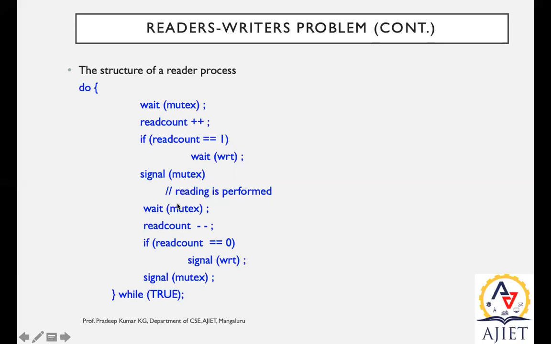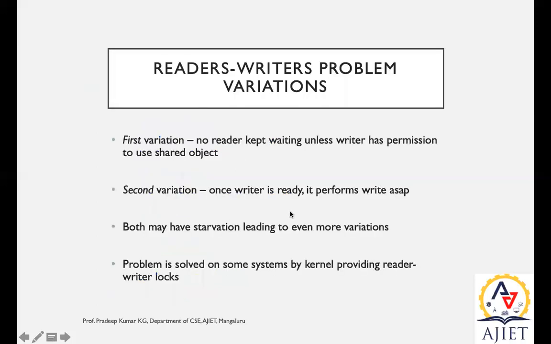Signal: reading can be performed. Once reading is over, the read counter should be decremented by 1 because it's in the queue. So the next process may enter this critical section, and the same thing is repeated until read count becomes 0. This entire cycle is repeated because we have n number of readers, saying that only one reader can read the buffer at a time. So this is how we can solve the readers writers problem.